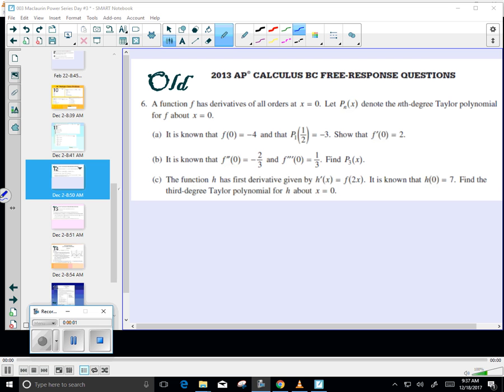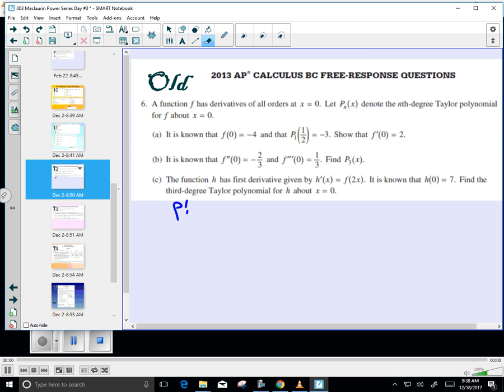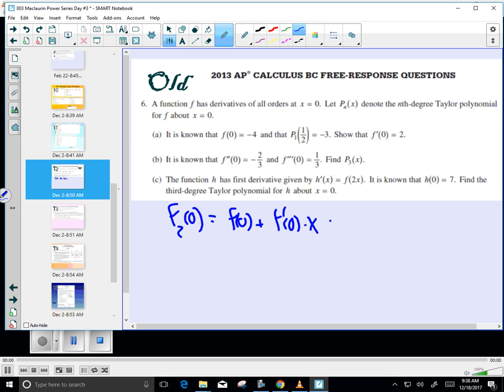Practice number six, free response using Maclaurin series. Don't forget, you can always take any polynomial and make it into this polynomial equation. And so what I'm going to do with this one is f of x is going to be equal to f of 0 plus f prime of 0 times x plus